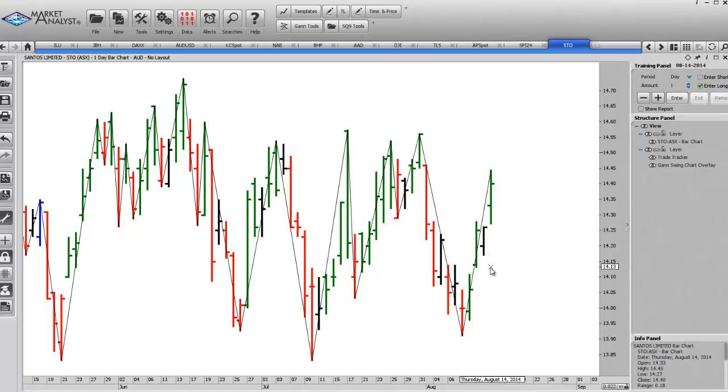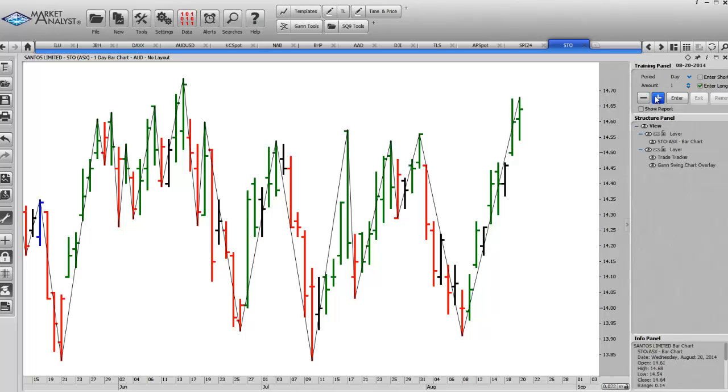momentum. So as long as the market makes higher top, higher bottom bars, the swing chart will continue to follow. Again, we break the high of the previous day, so the swing chart follows it up. Inside day, lack of momentum through here, so there's a little bit of indecision, and we watch and we wait. Again, the next day through here, we get a very big buy signal, so the swing chart's continuing to run up because we haven't broken the low of any of these days, so the momentum is still to